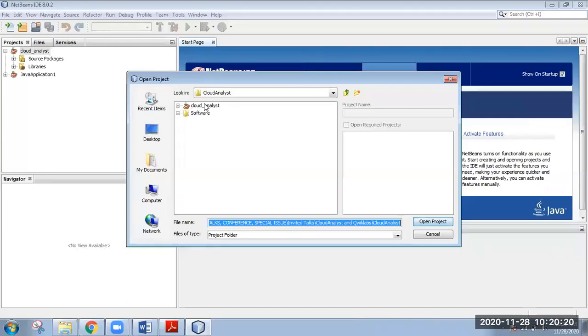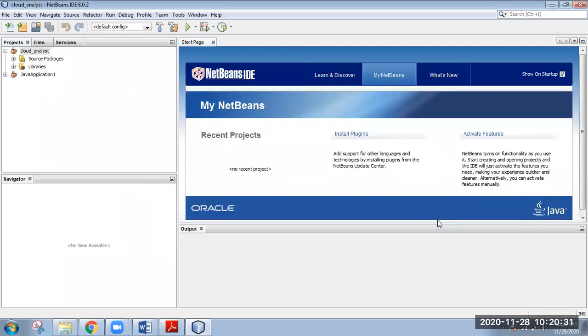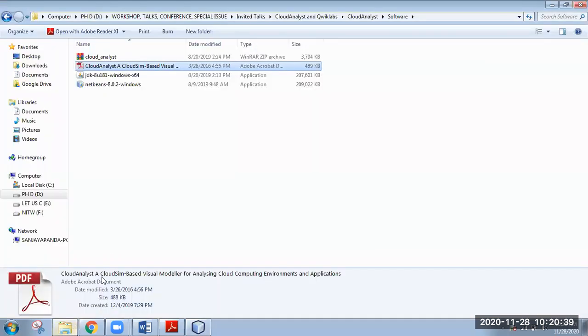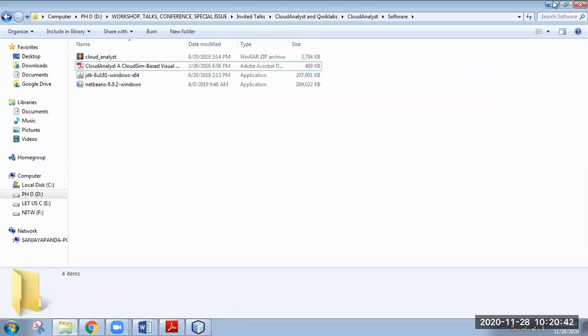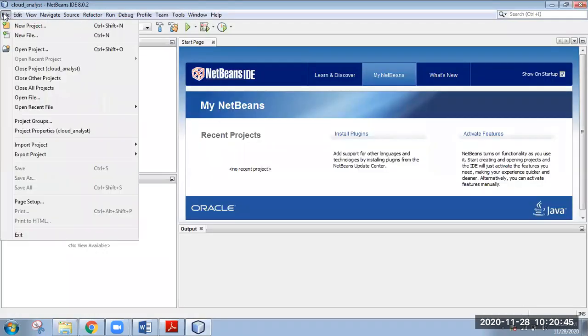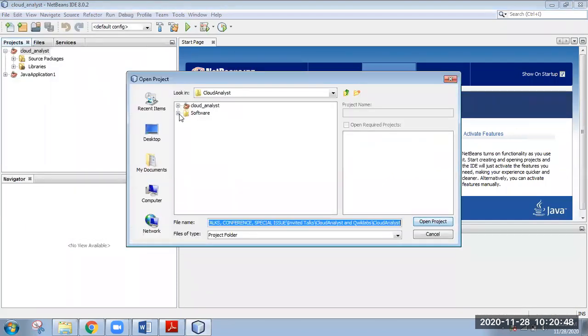Wherever your Cloud Analyst is, you have to locate it and click Open Project. It is already there in my files. You go to File, then Open Project, locate your Cloud Analyst file, and click Open Project.